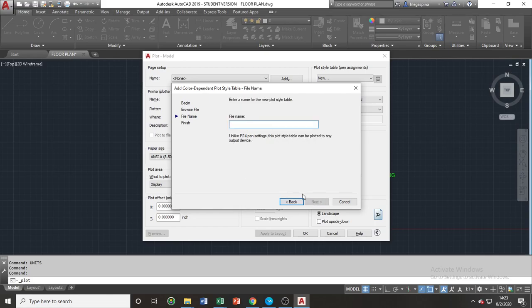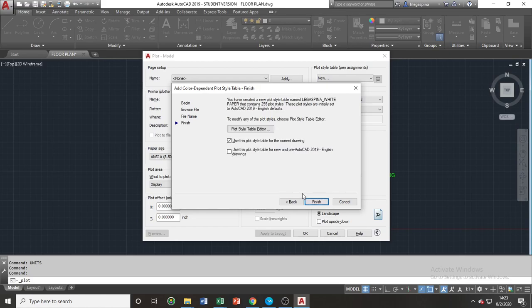So we'll designate a file name, for example 20 by 30, or you can simply use your surname. And then after specifying your plot style name,